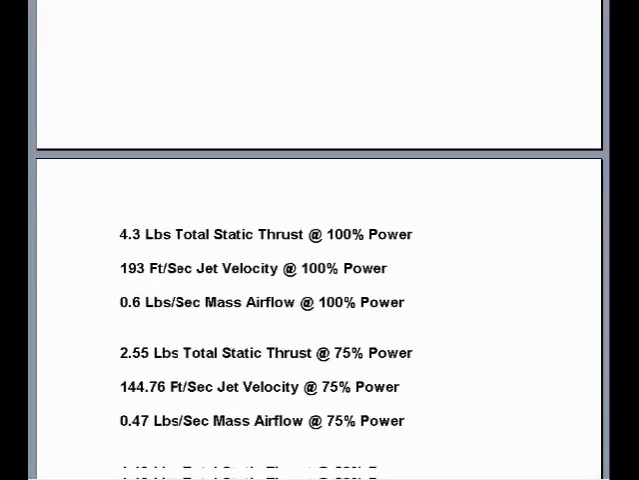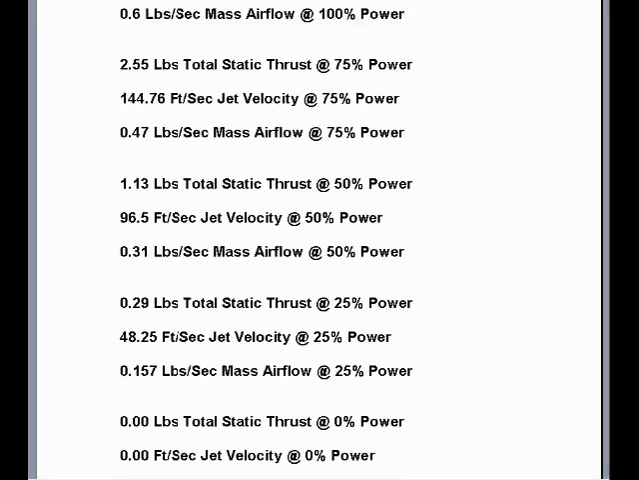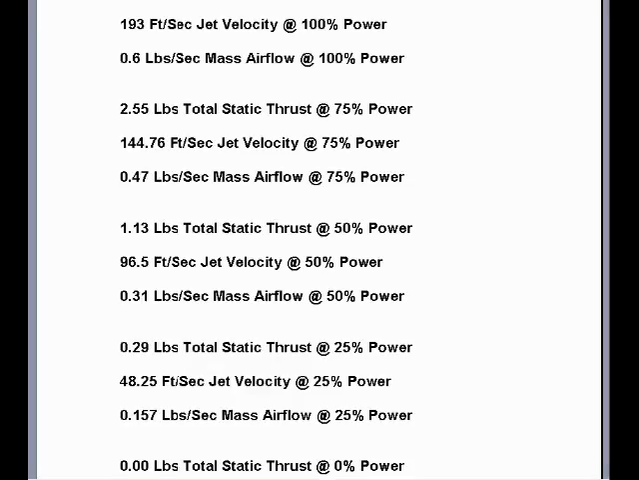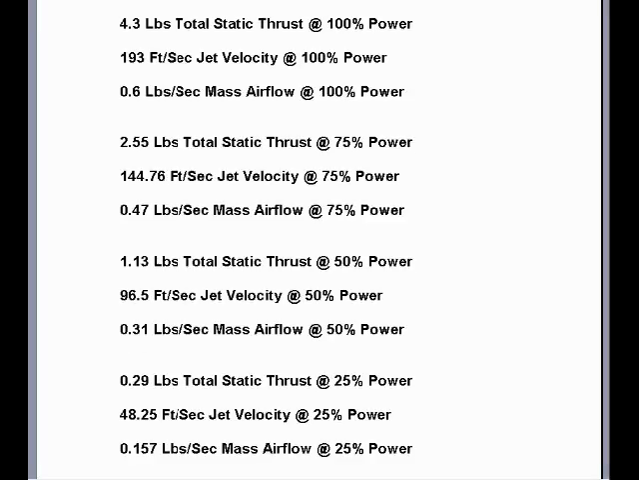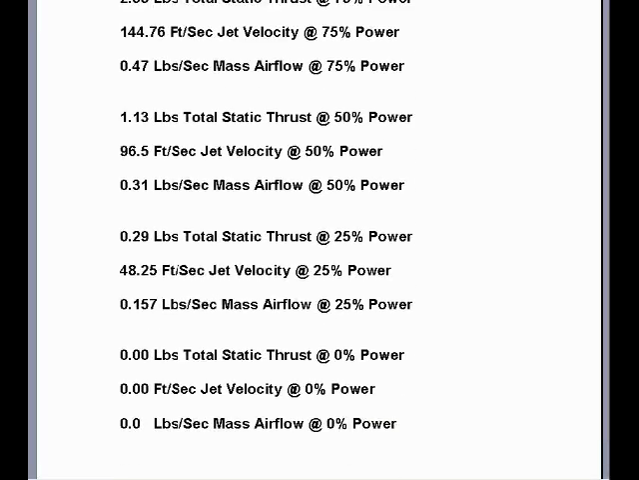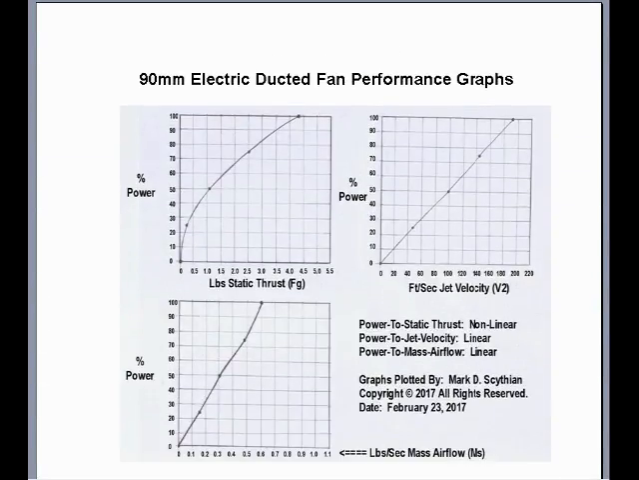So the overview, starting from 0 as a reference point, 0 for everything, and then we increment up. At 25% power, we get the 0.29 pound static thrust, 50% power, 1.13 pound static thrust, 75%, 2.55 pound static thrust, and 100%, 4.3 pound static thrust. So you can see that the static thrust to power ratio is not exactly linear, but all the other variables pretty much are. So if we graph that in quantification into 3 different graphs,